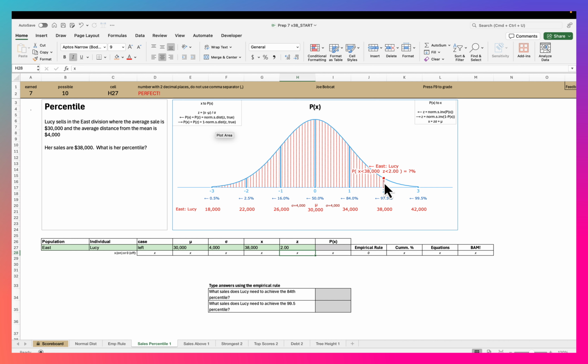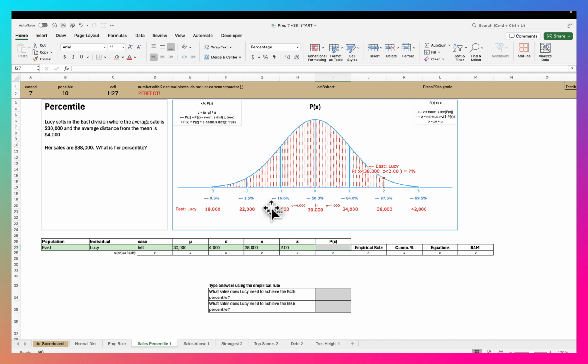All right, and now we can see there's Lucy in the East Division. We're looking left. Her x value is 38,000. Her z-score is 2. And now, what's the probability? So now we're going to use one of these two equations. Since we're looking left, we use the first one, which is going to be